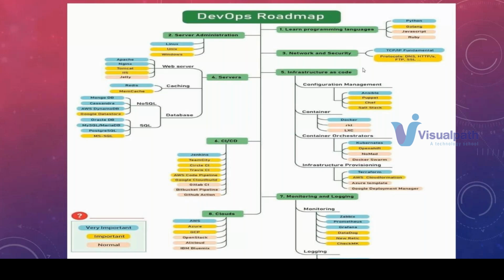I heard that nowadays most people are using JavaScript, not Python. Can you explain that? See, it depends on the company. We are also using Node.js. It all depends upon the application development. I'll tell you a scenario. I got a client right now. The client is saying that he wants an application to be developed in Python.